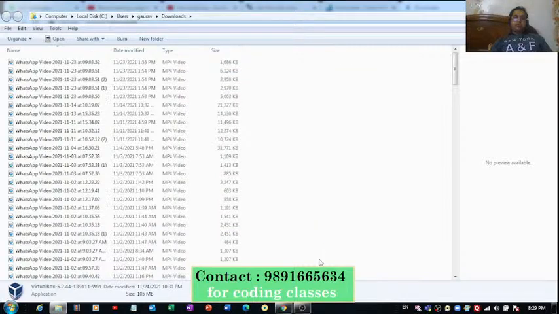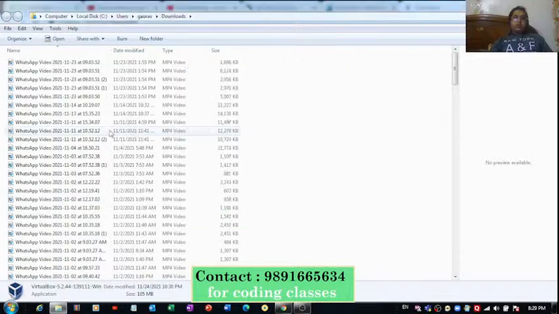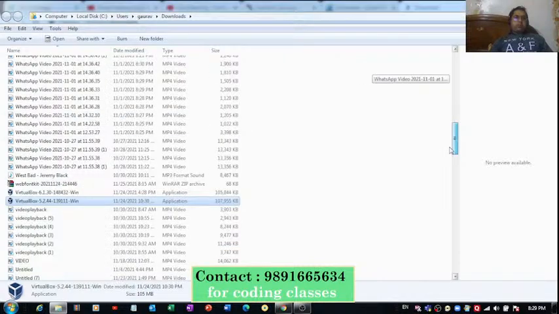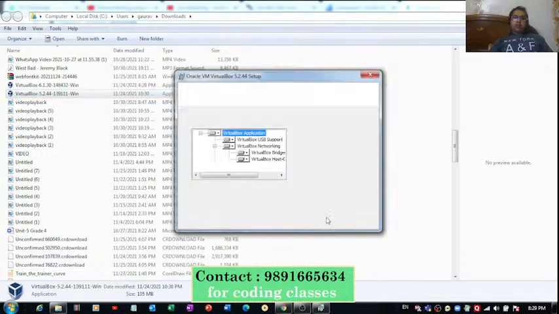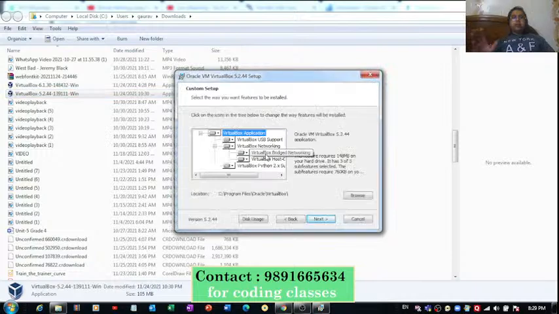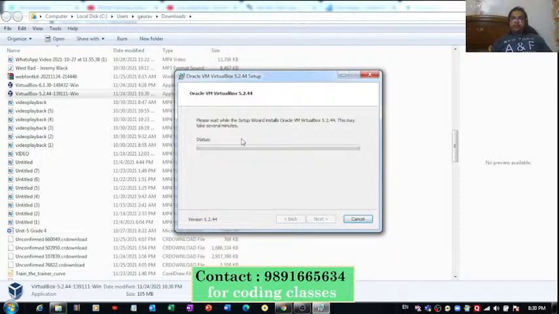So I think I have successfully removed that VirtualBox. Now I will be running this file again for installing the VirtualBox. When you do it for the first time, that's the window you're going to see. Simply hit this next button, and here there are some options you can select from. I would like to go with all the four. And then,